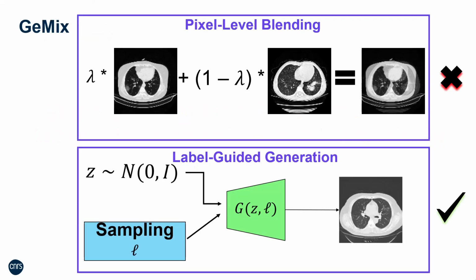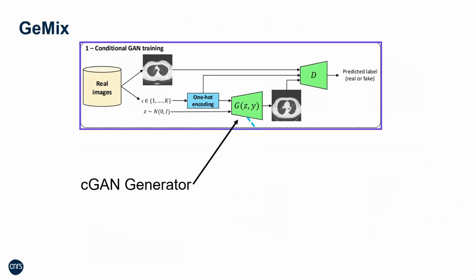Our solution is GeMix. The key idea is to move from pixel-level blending to label-guided generation. The pipeline has two main steps. First, we train a conditional GAN on the original dataset with one-hot labels, so the generator learns how to create